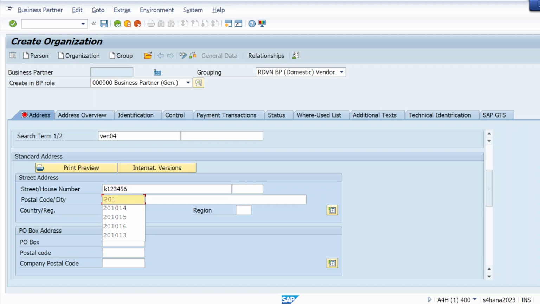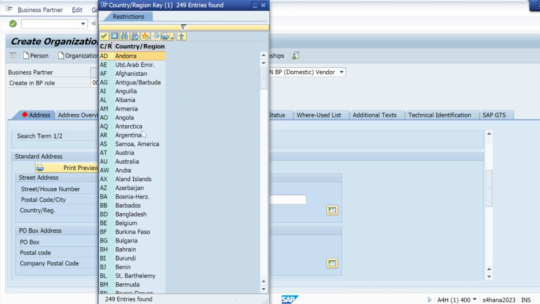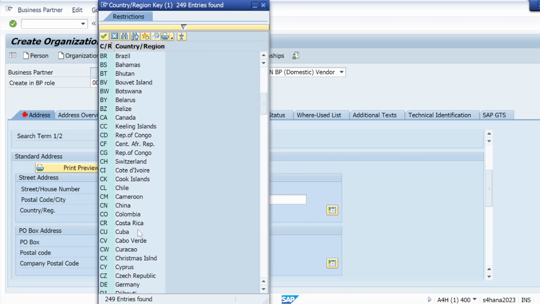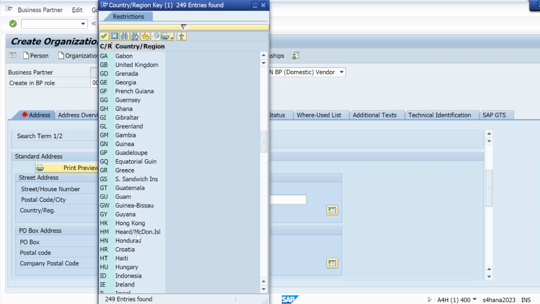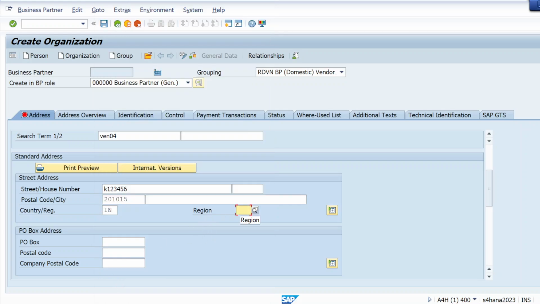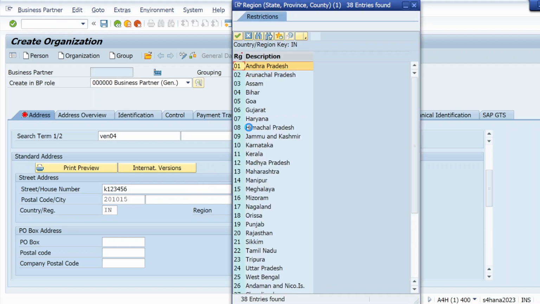Postal code, country here. So country, let me take India here. Right? Region, let me take any region, it is just like a province.